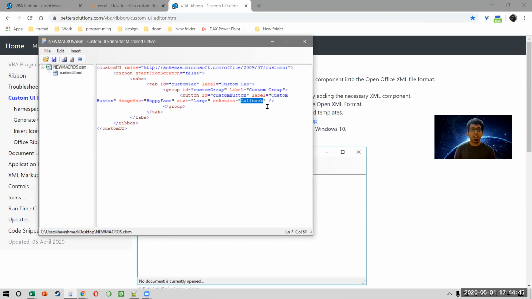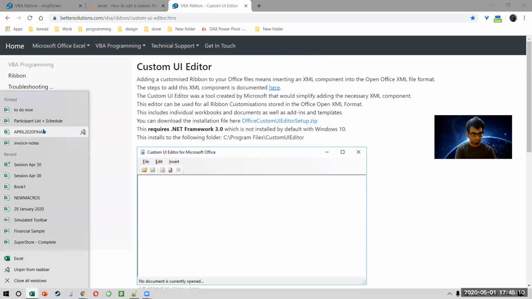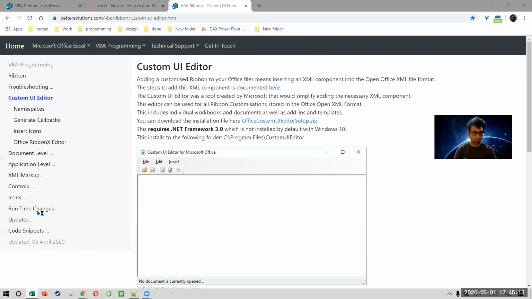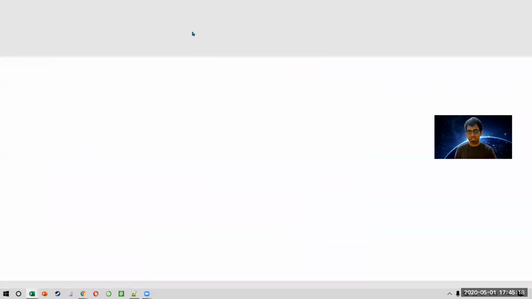Should you learn it? Personally, I don't think you should, because we are not working as IT professionals where our job is to sell a product. All that we need to do is to create a macro to automate our tasks. Let's say typically you work in finance, so you want to share it with other people, and you can very easily do that using an XLAM. Can it be done? Absolutely, right? So just to show you how the final result would look, the final result looks like this.